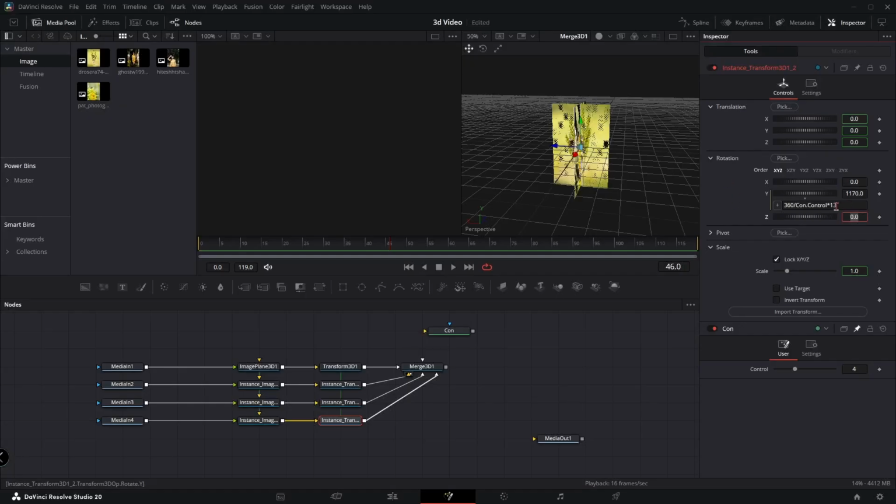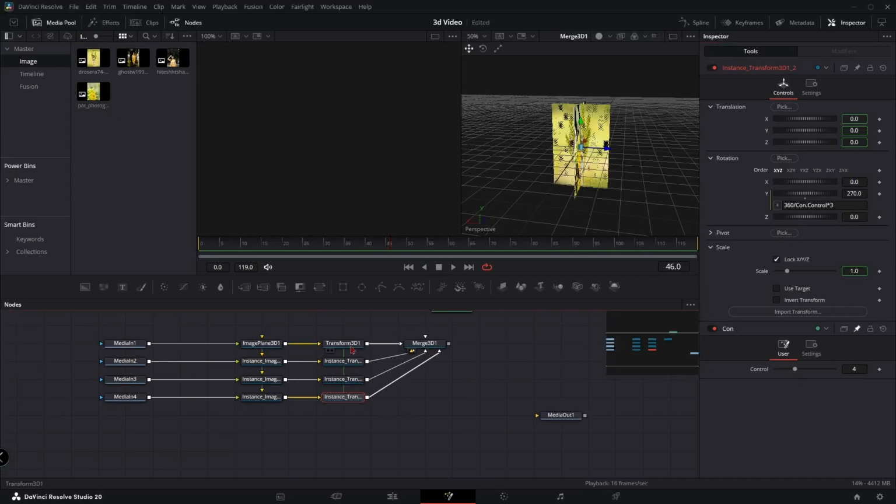Oh sorry, not 3 only. If you have 4, more than 4 transforms, then write 4. If you have 6 transforms, then up to 5. Okay,